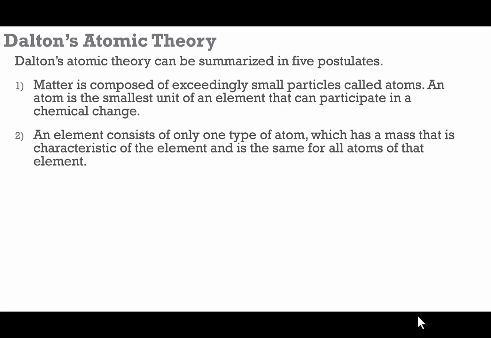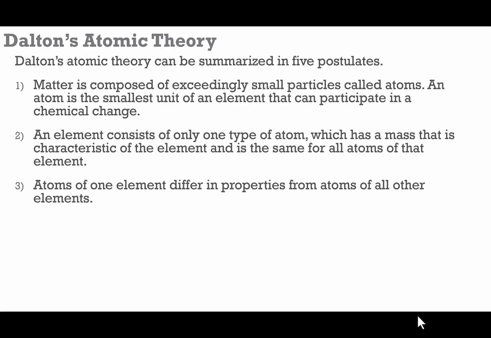While this atomic theory was good, certainly given the time, this is one of the areas that, as we started to learn more, turns out it wasn't this way. But this was part of the original atomic theory. Atoms from one element differ in properties from atoms of all other elements. All this is saying is that all aluminum atoms behave like aluminum atoms. They're metal, they're shiny, they conduct electricity, and aluminum atoms would be different than any other atom, so different than a carbon atom. So one element has all the same properties, and those properties are different than other elements.